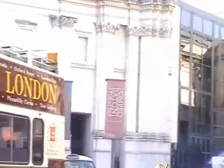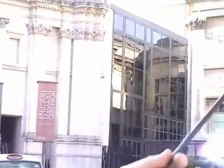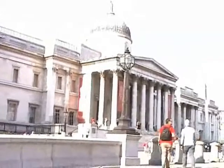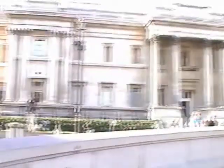So here we are on the last building of our tour, the 1991 extension to the National Gallery built by Robert Venturi as an extension to the 1838 classical building, the original National Gallery, to its right. It shows how after the remnants of classicism we saw in the cenotaph, then followed by the Second World War and 40 years of modernist buildings, there was a new height of controversy over the battle between classical and modernists